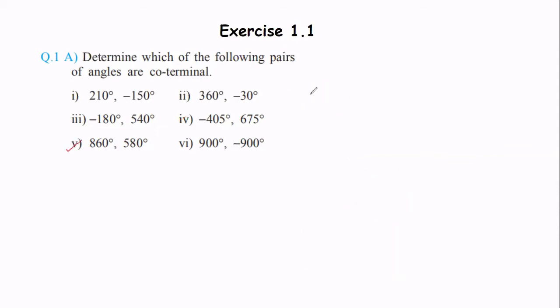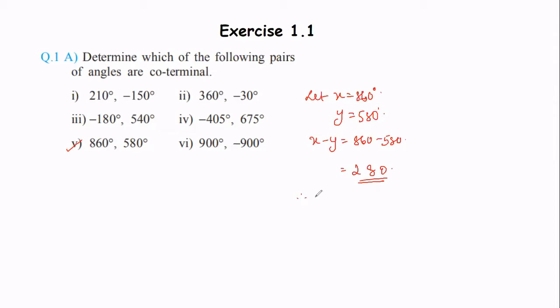In the fifth sum also, let x is equal to 860 degrees and y is equal to 580 degrees. You need to write this, the reason being all these steps carry marks, and if you don't follow these proper rules, half a mark will be cut from your question. So that gives us 2, 0 will be there in the last, and 16 minus 8, 280. We are getting 280. So 280 is not a multiple of 360, and hence this is not our answer.